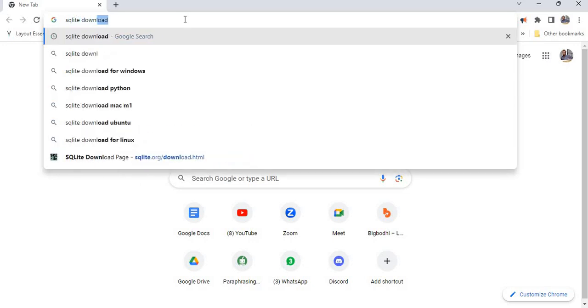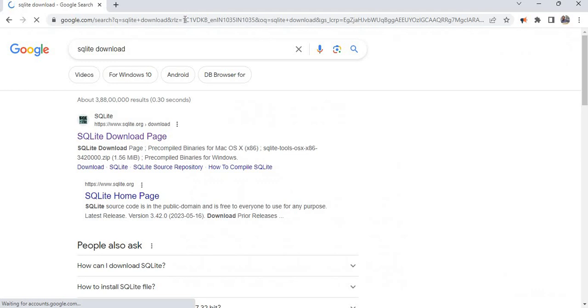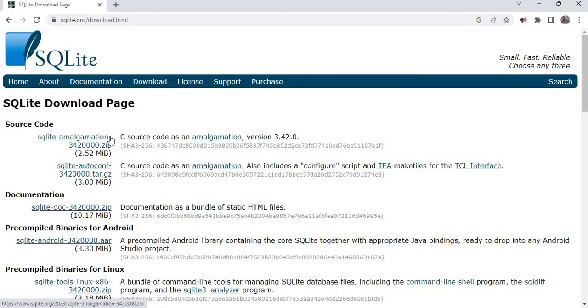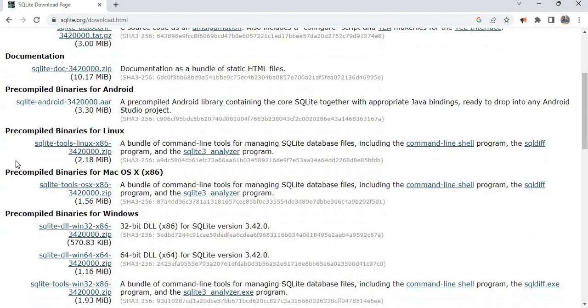Type SQLite download in Google and you will see this page. From here, you can go to the download page. From there, you can download SQLite for Windows. Let me click on this link. Now we see several links. We'll scroll down to